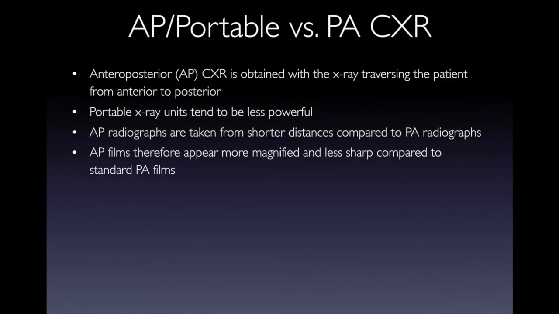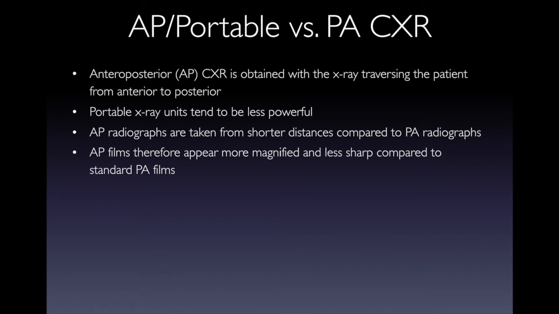Comparing AP, or anterior to posterior, portable films versus a PA chest x-ray is extremely important, because in the emergency department, most likely we're doing AP chest x-rays because our patients tend to be more sick and unstable to go to the x-ray suite. Portable x-ray units tend to be less powerful. These radiographs are taken from shorter distances, therefore the images appear more magnified and less sharp compared to the standard